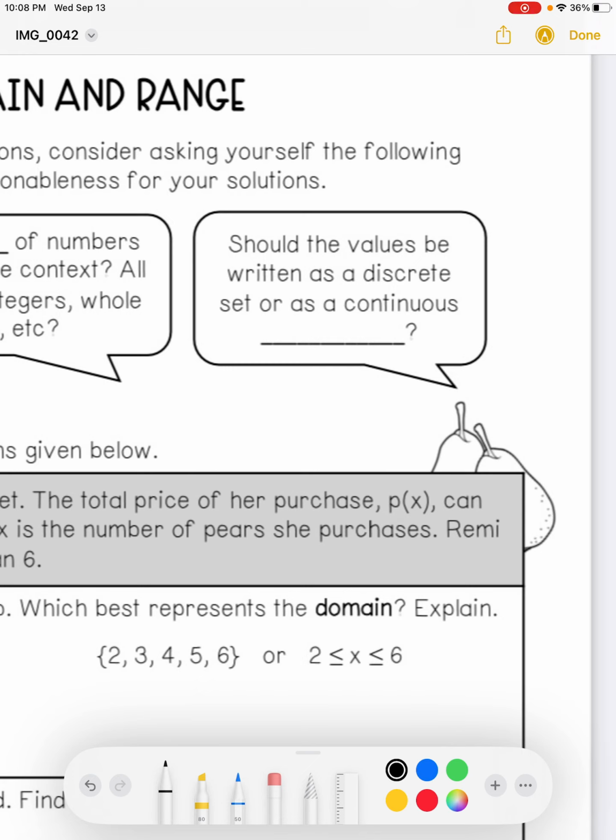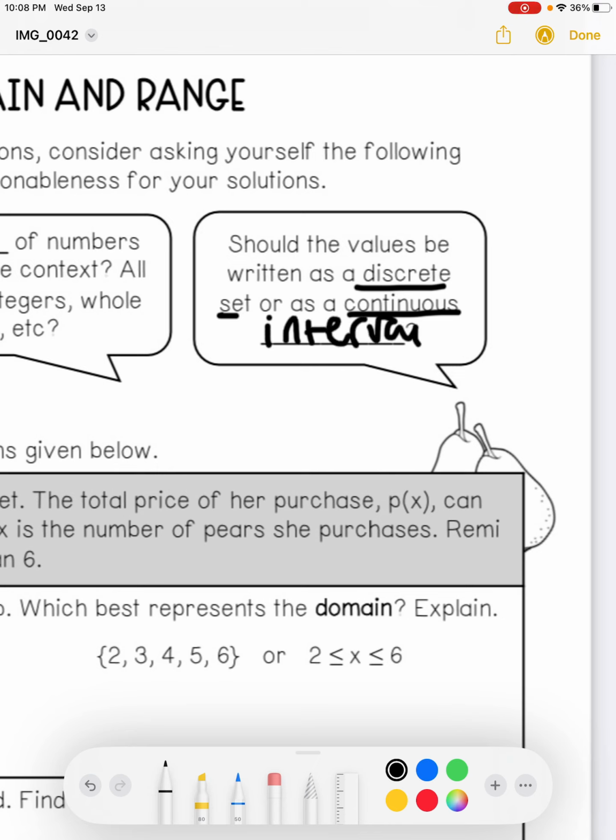Okay, the other two we can usually understand intuitively, by instinct, we can pick those up. But this is one that stumps students sometimes. And it says, should the values be written as a discrete set or continuous interval? So discrete set or continuous